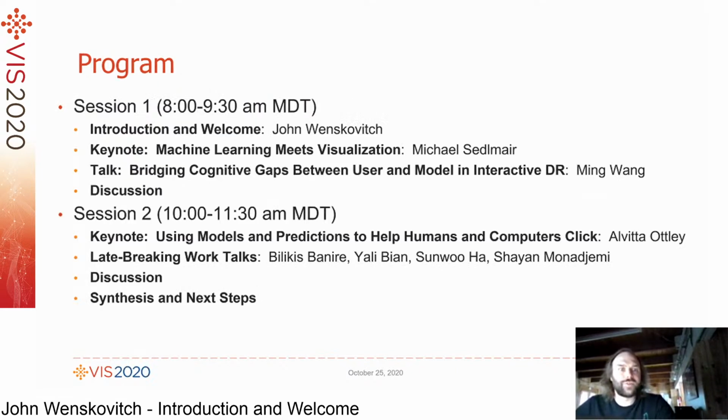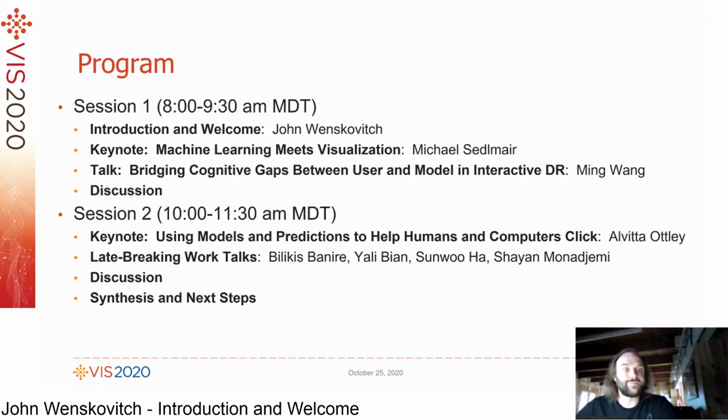So just a quick overview of what's going on with the program. So I'm giving the introduction and welcome right now. And then our first keynote, speaking about machine learning meeting visualization, is Michael Settlemyer. We then have a talk from Ming Wang talking about interactive dimensionality reduction and bridging cognitive gaps between users and the models. And then we'll break out into a couple of discussion groups, which the link for that was already posted up into the Discord chat, but we'll post that link again as well when we're starting to move into